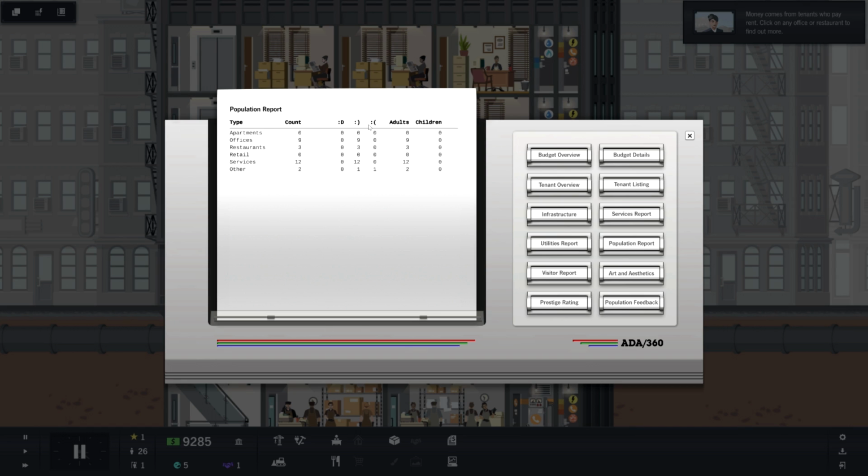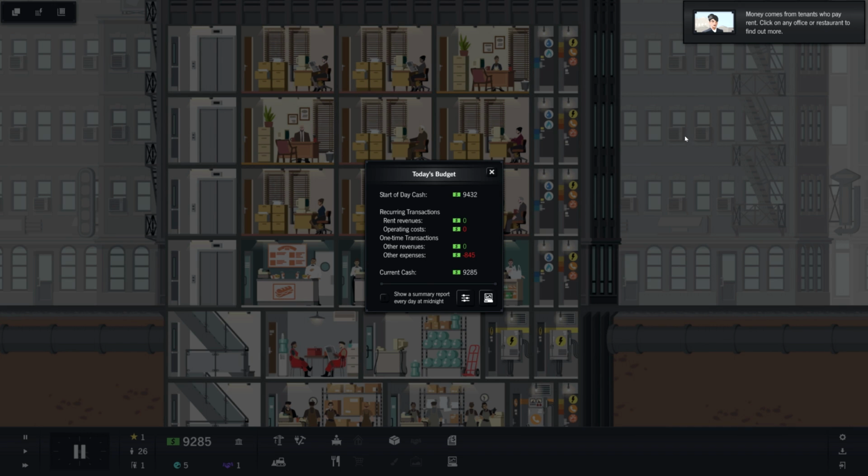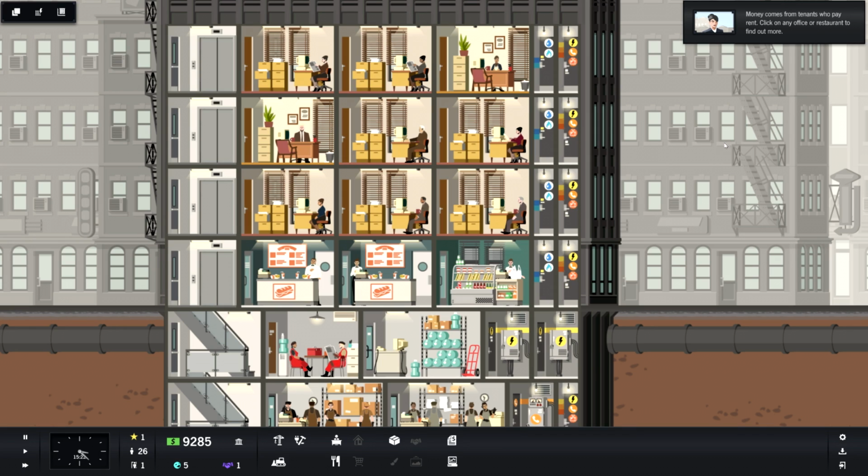What's our population report? We've got 12 people happy, 1 is unhappy, part of others, I don't know. Just the adults, children, and so on and so forth. I'm not going to go through this in detail right now in the tutorials, but eventually when we have a real high rise, it's going to be something we probably want to pay attention to. So anyways,